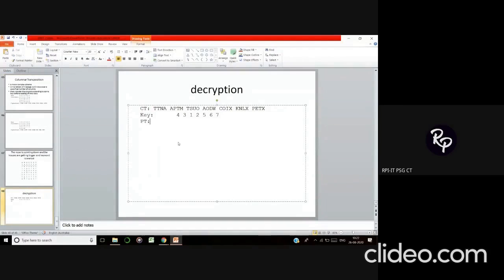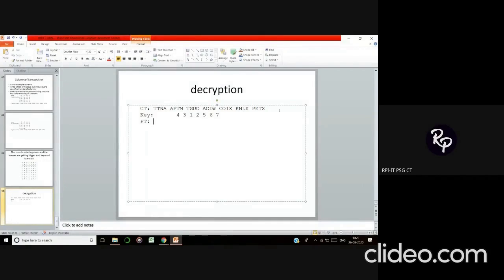For encryption, the procedure was easy because I was able to write it in a row-wise manner and just read it column-wise. But when coming to decryption, first of all, you need to check whether any filler is inserted or not. That will be mentioned to you in the question.